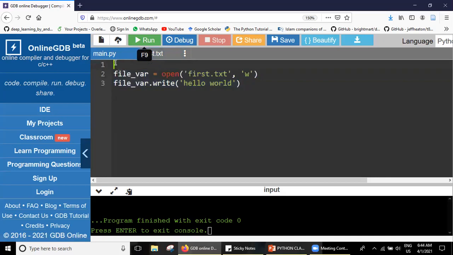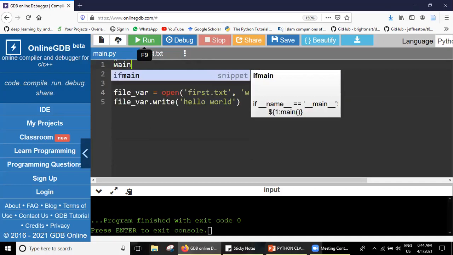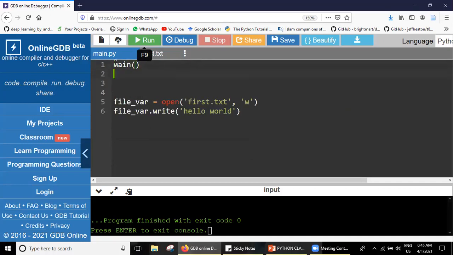Okay, fine. Now, how do we define any function? Here we don't have main as a completely predefined function, only the keyword main is predefined. The rest we have to define ourselves, right? In C++, main is a predefined function, isn't it? It follows some syntax.